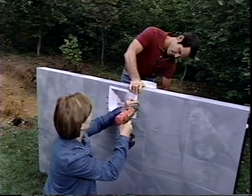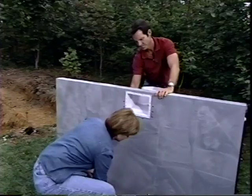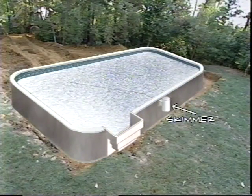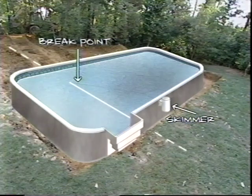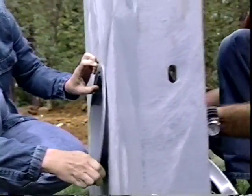The skimmer is the place where most of the floating debris, like leaves, will be trapped and removed. It needs to be located on a long wall of the pool just past the point where the bottom of the pool begins to drop off into the deep end. That's called the break point. It's also good to locate it on a side where prevailing wind will help push leaves the right direction. We follow a similar procedure for installing